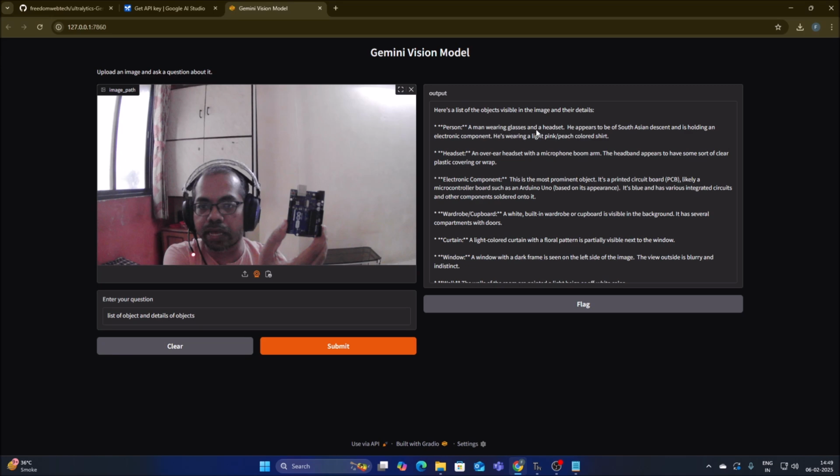So the person, all the details, and then we have here another object which is an electronic component. The electronic component is basically our Arduino Uno board. It describes a printed circuit board, PCB, and a microcontroller, but it's not mentioning the name because, as you can see, the object is really far from the camera. It's not that near, and also not that clear. Simple. So this is what I've mentioned already, that if you want to enhance your object detection,